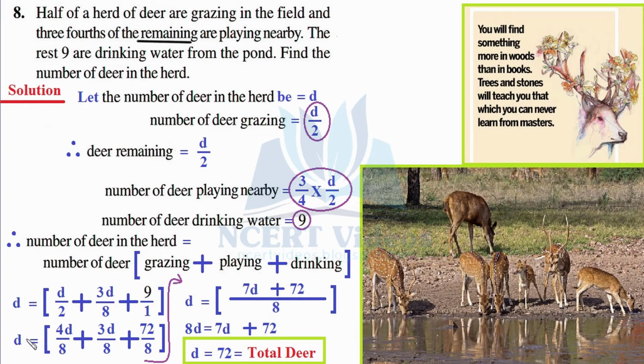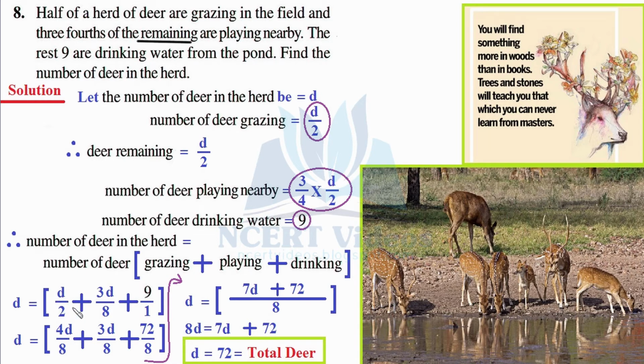So d equals, as it is on the left hand side. Here, if we visualize, we cannot straight away solve it because the denominators are not the same. In terms of fractions, we have learned from our previous standards that the denominators should be the same. One way is to take the LCM in our traditional way, the other is in a straightforward manner. So the highest value in the denominator is this 8. We can solve this right hand side if we can make these two denominators 8. So how can we make the denominator 8 here?